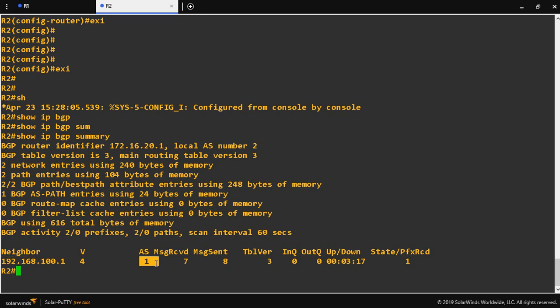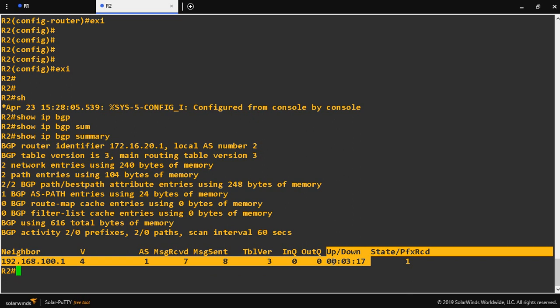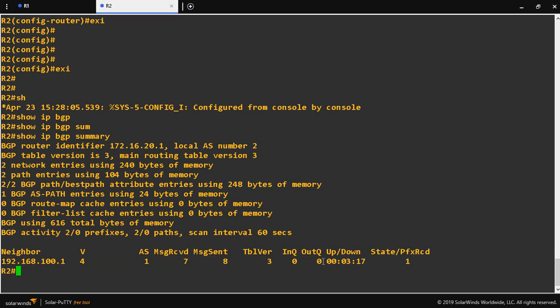Here we can see the up/down time, 00:03:17, which means the neighbor relationship has been up for the past 3 minutes. Likewise, the state/prefix column indicates how many networks we can learn from the R1 router. From R1 I can learn one network, because in R1 we created only one loopback.